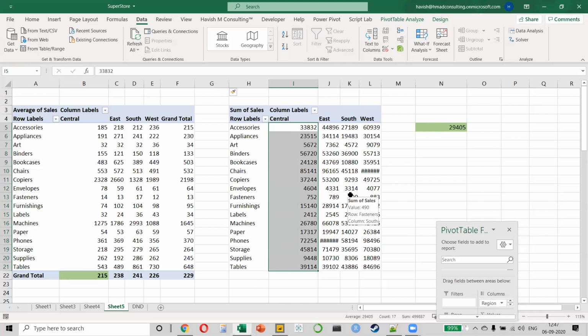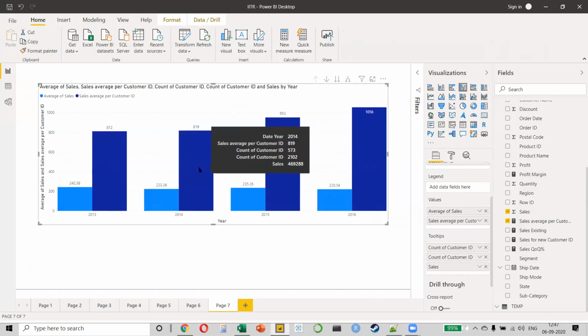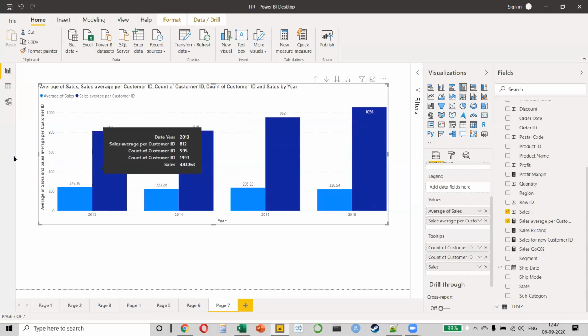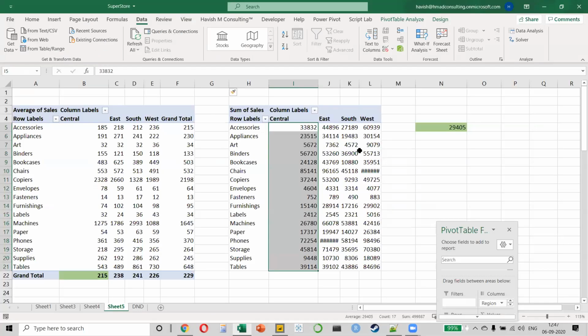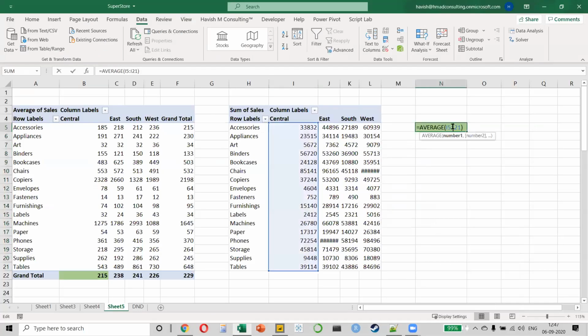And that's the reason I always tell people, please do this on Excel. Otherwise, what will happen? You will do it on Power BI. You will get some numbers and you will not even know what these numbers mean. It's super important to make sure that you're doing this on Excel because here you can do it manually to see, okay, this is what it means.